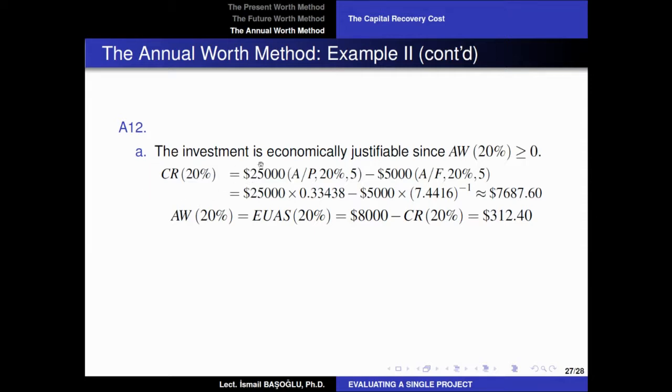So we have an initial payment of $25,000 and we have a salvage value of $5,000. So $25,000 is a cost and $5,000 is a salvage value. For capital recovery cost, we multiply the initial cost with the capital recovery factor under 20% interest rate for 5 years. And this salvage value will be multiplied with a sinking fund factor under 20% interest rate for 5 years. That is going to be equal to